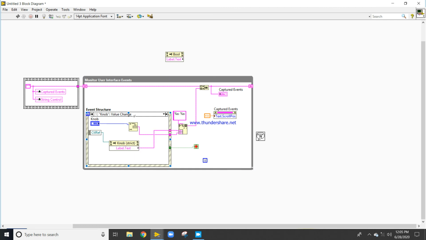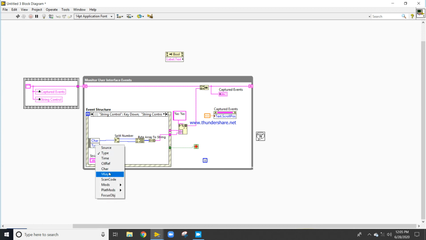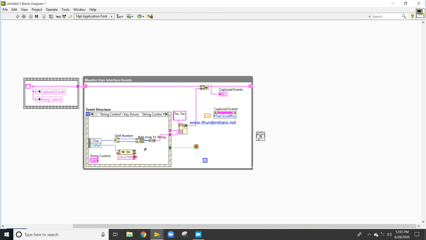Good, and the last one. Let's see what the output will be now.